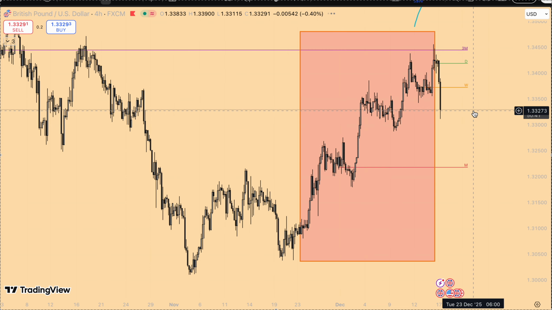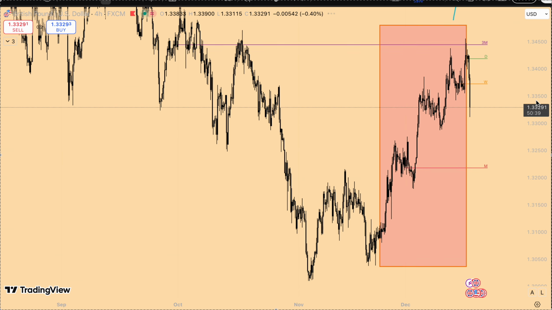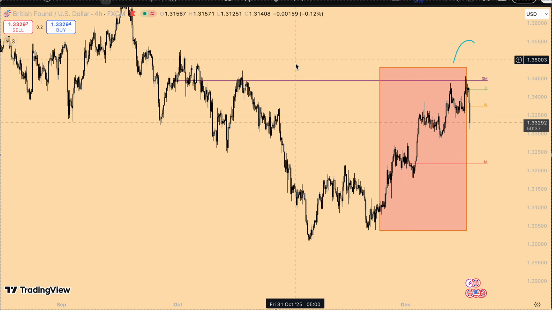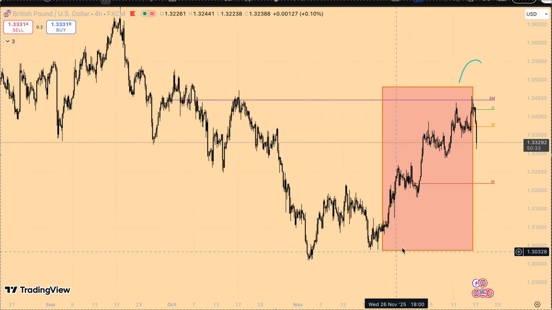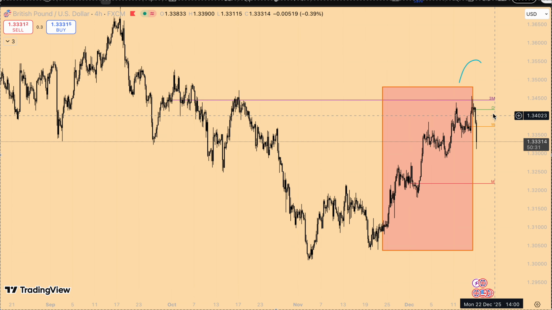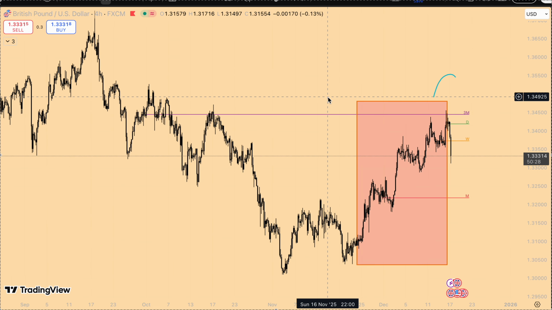Moving on, GBP USD, guys. With GU, as I said yesterday, inflation is already easing, so we can expect some higher prices on GU, at least in the short term. Let's see how we want to end the year.